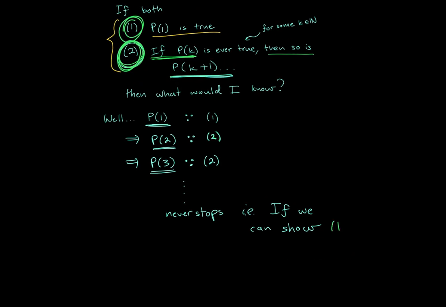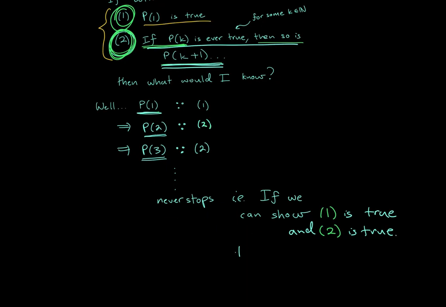If 1 is true, in other words, it's a little weird, but I'm saying that if it is true that p of 1 is true, and the second one is true, if I can show that this statement is also true, then, because of this argument right here,